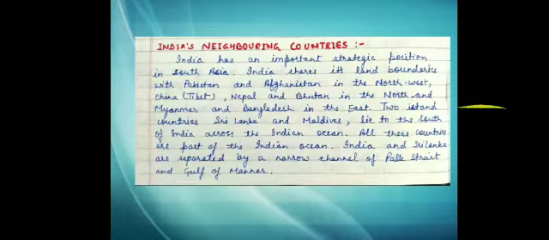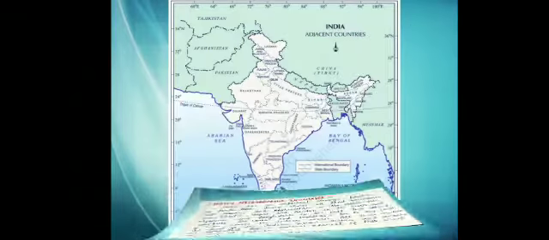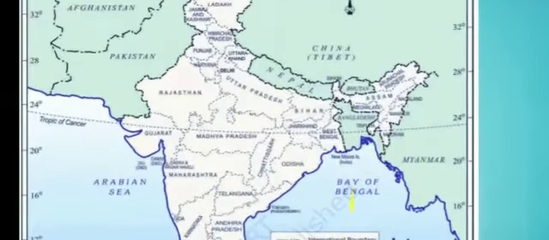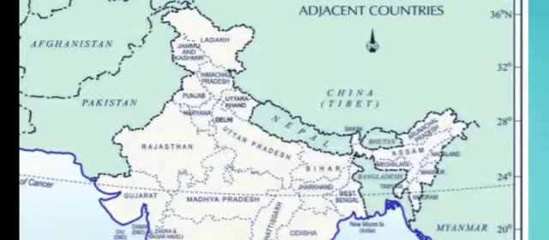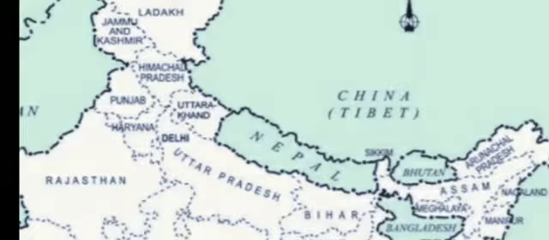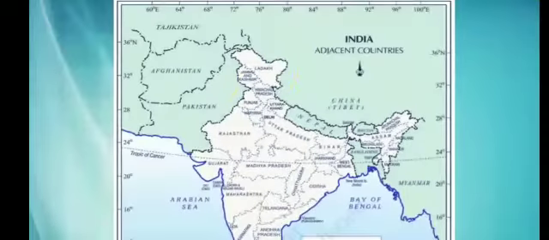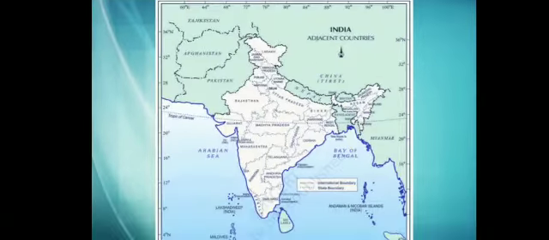So let me show you on the map. This is India's political map, and you can see one thing which I have missed to tell you, that India is a federal country and India has 28 states and 9 union territories. After Jammu Kashmir state has been divided into 2 union territories, Jammu Kashmir and Ladakh.